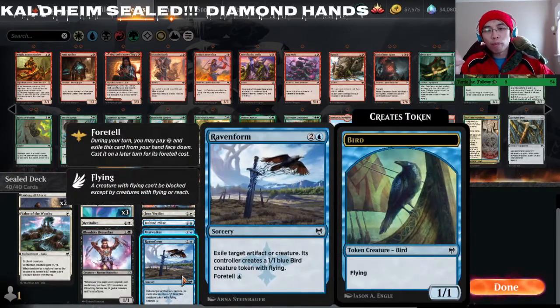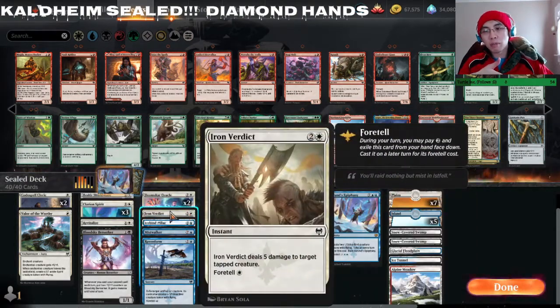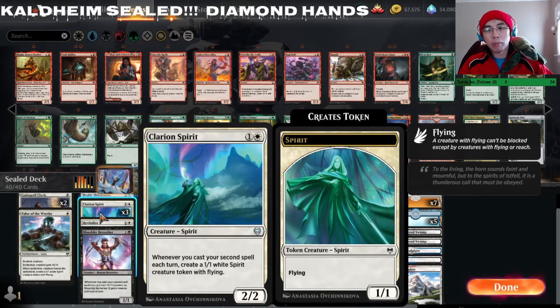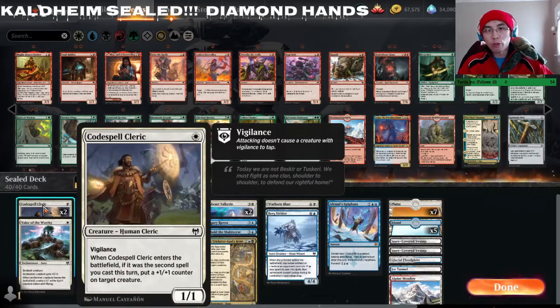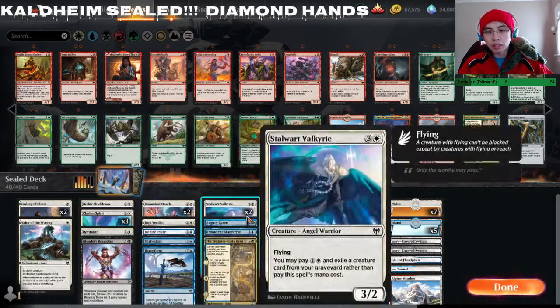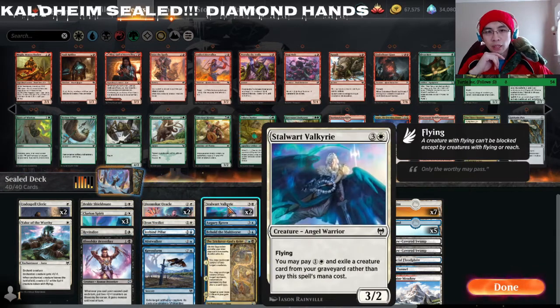We have Raven Form, which is kind of a bit of a weak removal spell. We can exile our opponent's creatures for 3 mana, or actually if we foretell it for 1 mana, that's excellent, because if we foretell it, we can presumably play some other card on the same turn and trigger some of our second spell abilities, such as Bloodsky Berserker, Clarion Spirit. We can set up for Codespell Cleric as well. We can set up for Doomscar Oracle, gain some life while we draw into our winning cards or build up our wide board. Stalwart Valkyrie, we have...